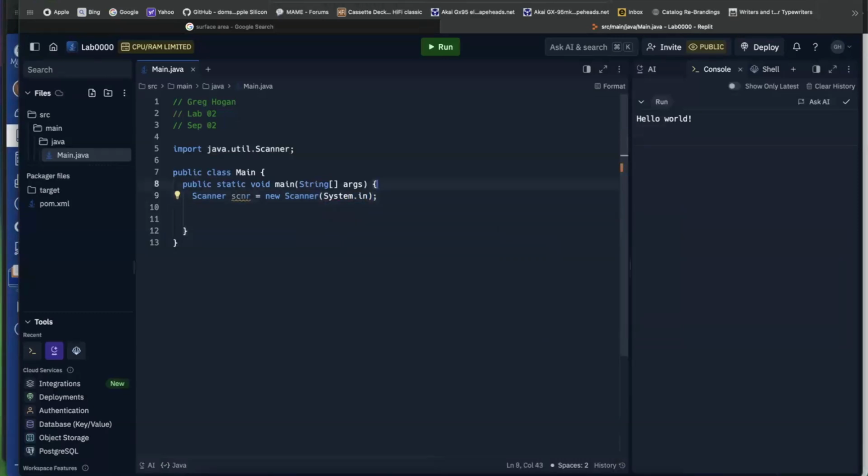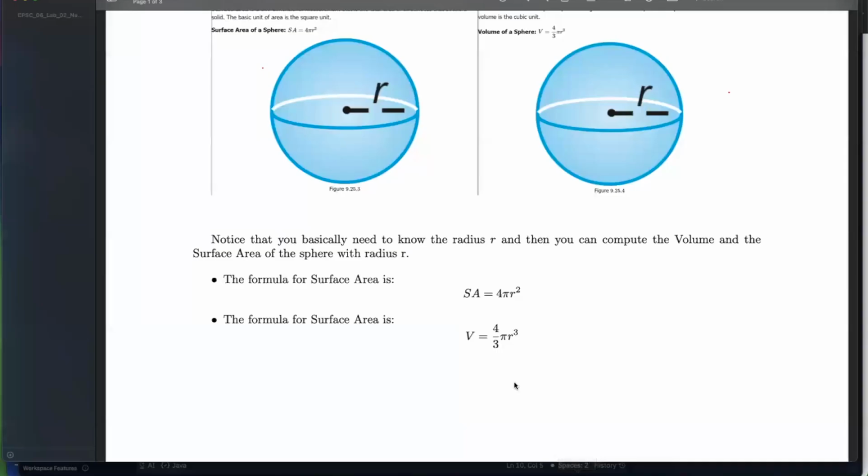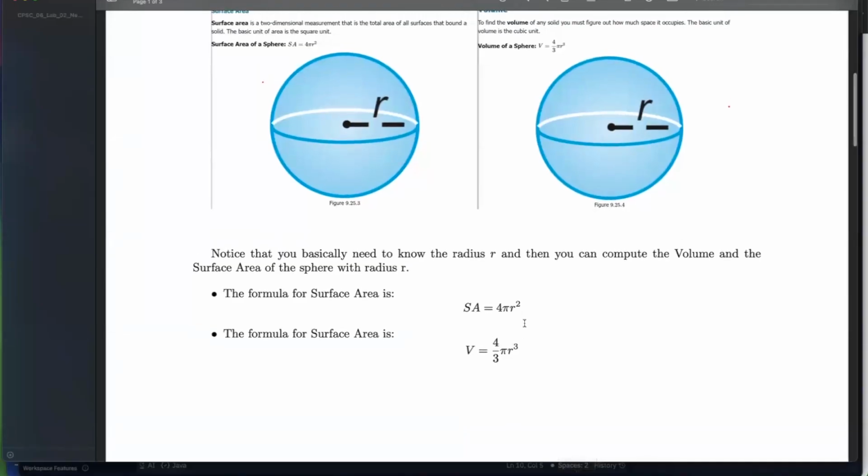Okay, and this is for reading from the keyboard. That's what that is. So at this point, we're ready to read from the keyboard, but we need some variables. So looking back at our lab, what are we going to need? Well, if you think about what kind of variables we're going to need,